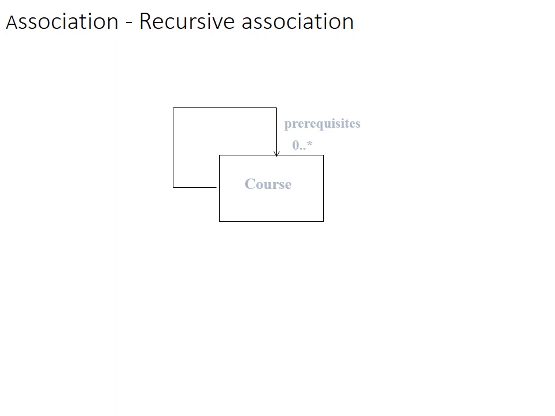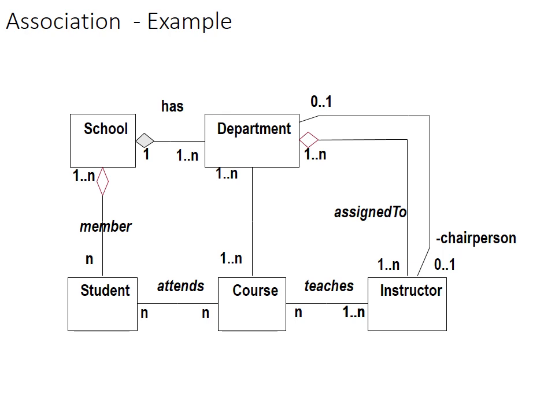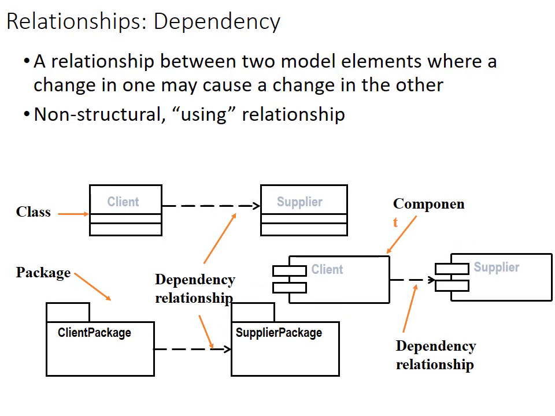Recursive association means from the class to the class itself, like a course has another course. Let's say for example for Java, in some colleges, in order to study Java you have to finish the design course first, a prerequisite that also comes along with it. Or, just say a manager is also a staff, but the manager will manage other staff, right? So from one class to another class we have these. So these are the different associations, compositions, and all of those things running from one class to another. Then we have dependencies.